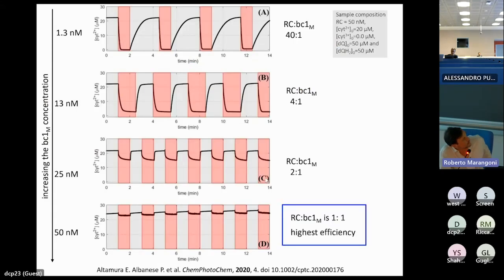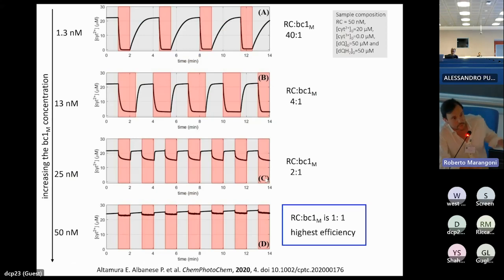So in principle, we can also increase the concentration of the BC1, and we can increase the efficiency of the system, because the stationary state, you can see, is always higher for the level of the reduced form of cytochrome when the BC1 concentration is higher, because BC1 produces the reduced form of the cytochrome. So in this way, we find the right ratio between these two